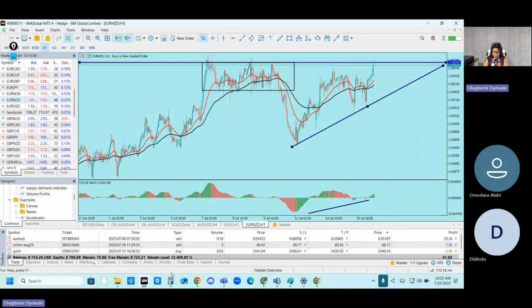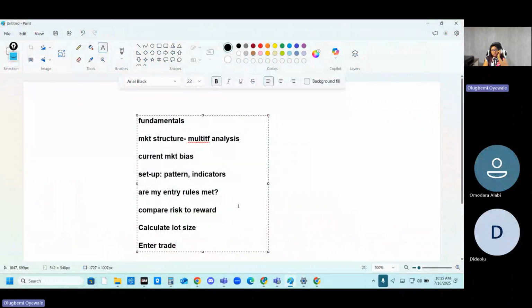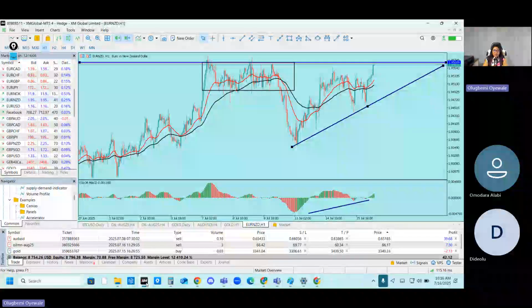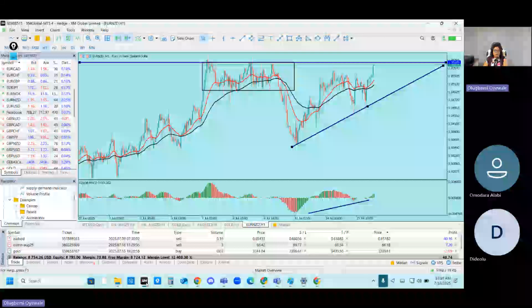So for example, let me bring out the paint. This one now is from my session this morning, where I was sharing my top-down approach to the market. And so the first thing I'll do is fundamentals. Why fundamentals and what is even that? There are three ways of analyzing the market, because a lot of the time we just focus on using this price chart. We open up the price chart and we try to analyze the price chart using that to make all our trading decisions and everything. However, it is important to start with fundamentals,